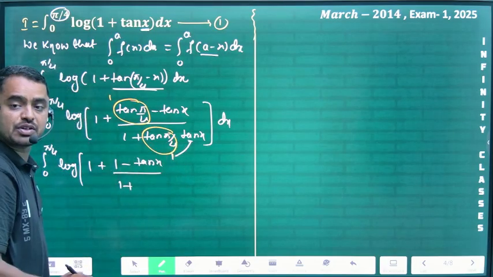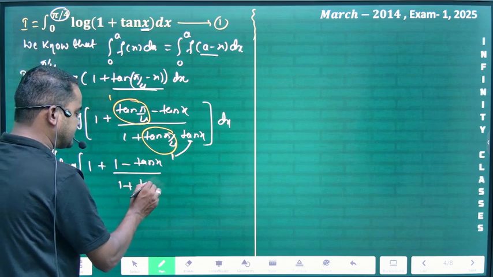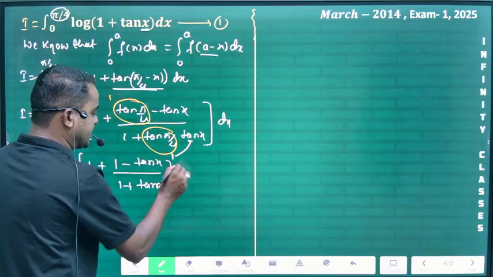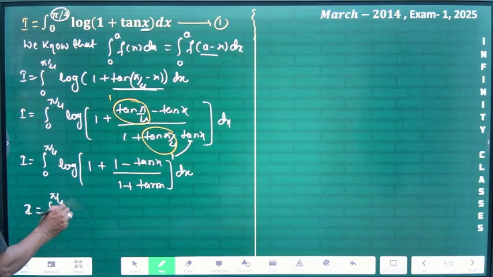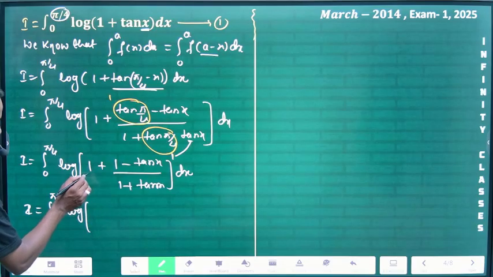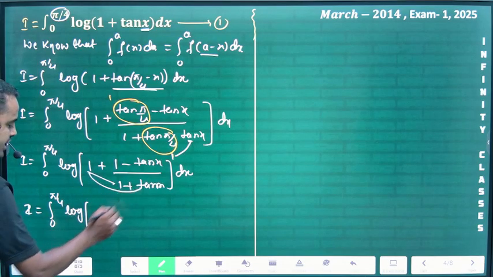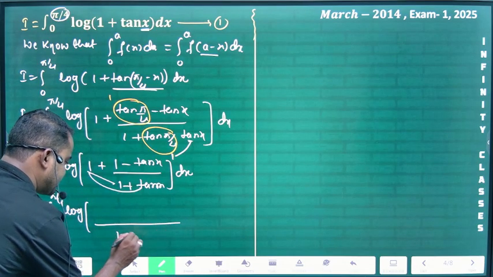Tan 5 by 4 is 1, and 1 into tan x is tan x, dx. Now take the LCM and cross multiply. That is, I is equal to integration of 0 to 5 by 4 log of, with 1 plus tan x as the LCM,